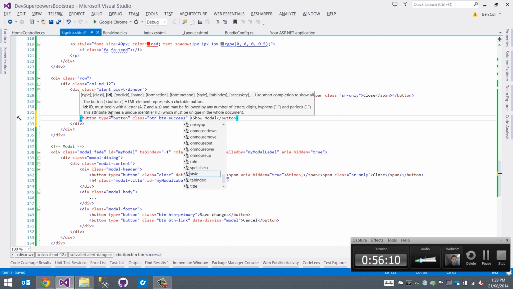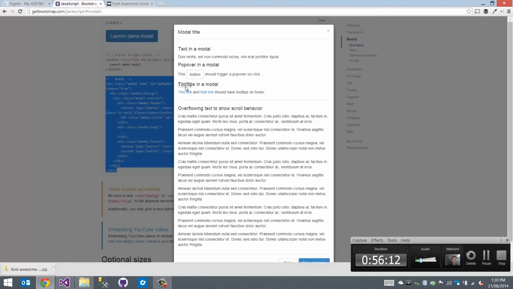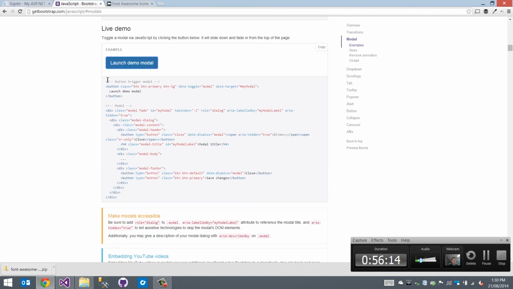Okay, and the key to this one is the data attribute that we're going to add. So jumping back to getbootstrap, you can see we've got a button. This button works, we're already familiar with btn and btn-primary. I've shown you btn-lg. The key to this one is the data-toggle modal and the data-target. Now these two attributes here,